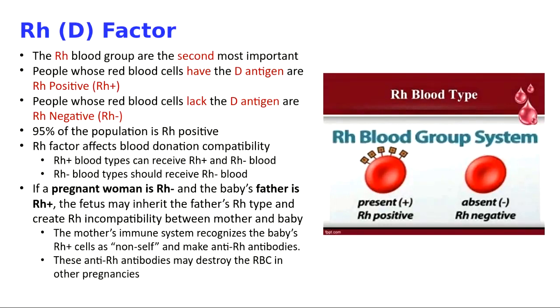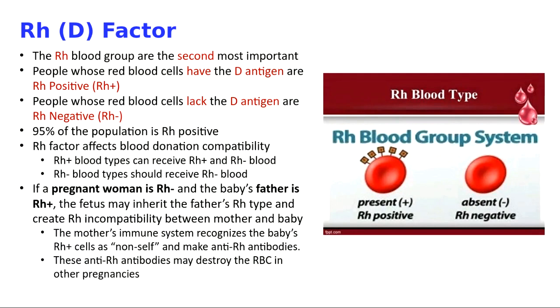Okay, so the Rh blood group is the second most important, and when it says you're Rh positive, it just means that you have that D antigen on your red blood cells. And if you're Rh negative, then you do not have that D antigen on your